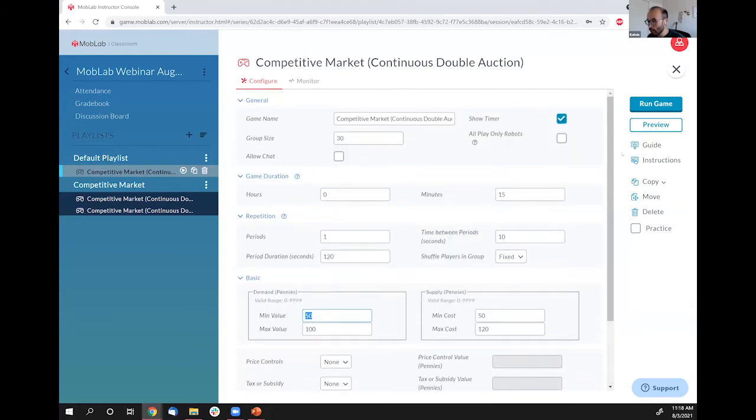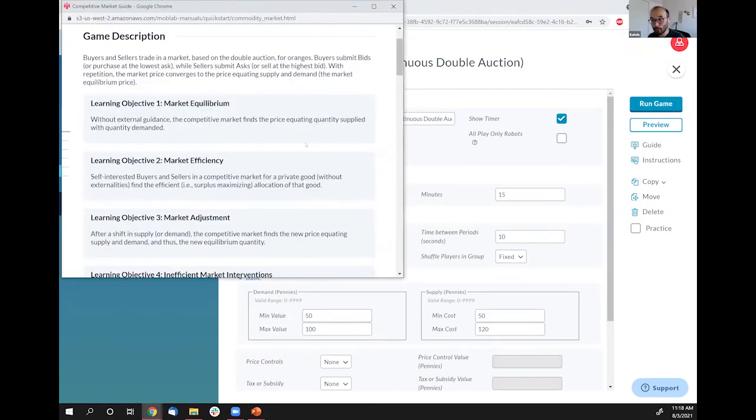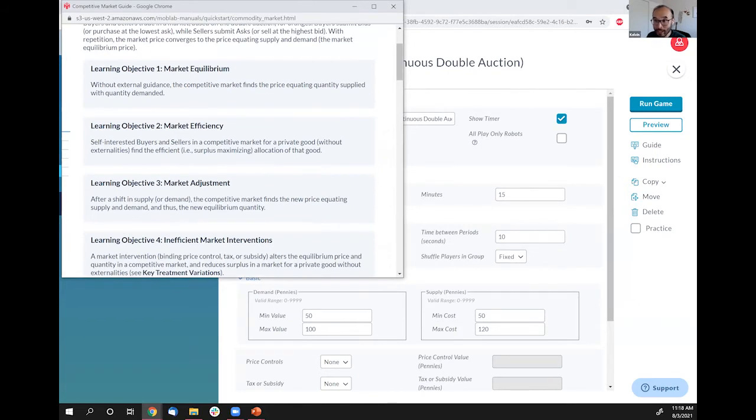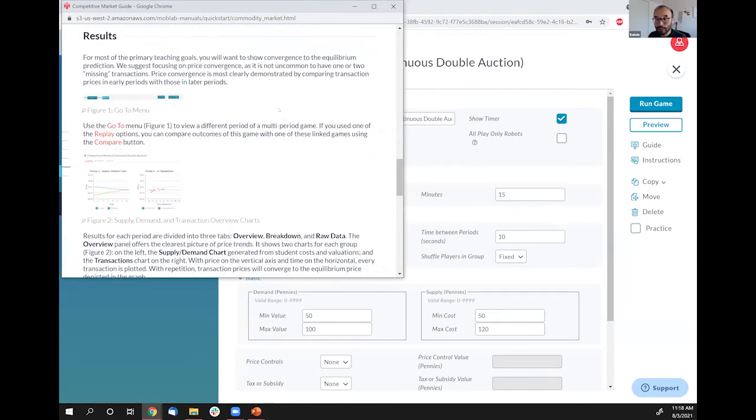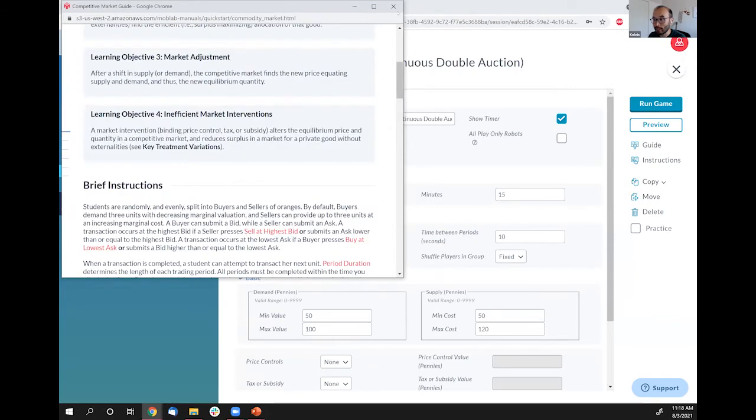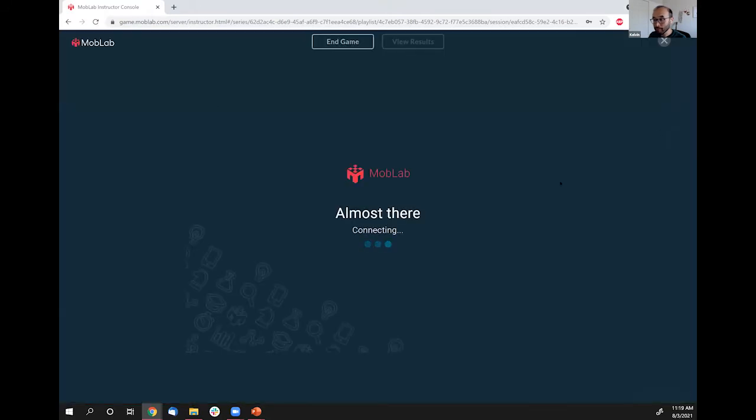Okay, so one thing I do want to show you though is preview, because maybe you're trying to test this out yourself. You don't know what it's about yet. You can click preview to get a sense of the game. There's also a guide if you want to read before you play. If that's how you learn, the guide will teach you about the game and tell you what the learning objectives are. Every game has a guide, and it tells you what you can teach students, and it also tells you what the instructions are. Again, you don't have to read this, right? If you want a less hands-on approach, you can read it, but you can also just click preview and play around.